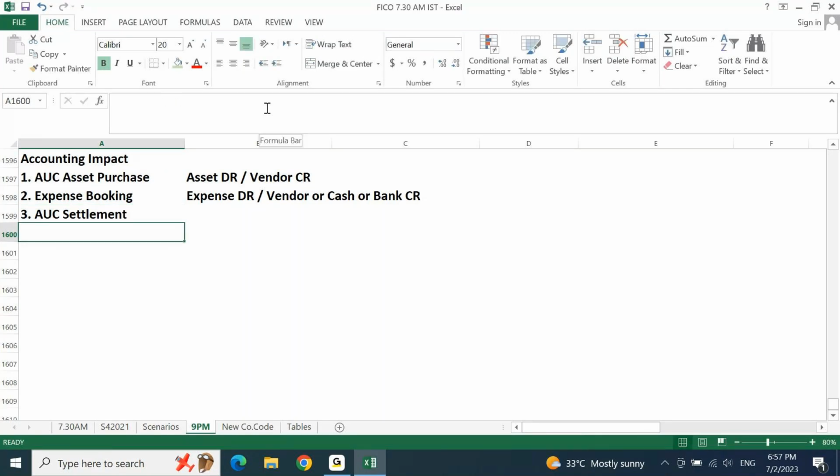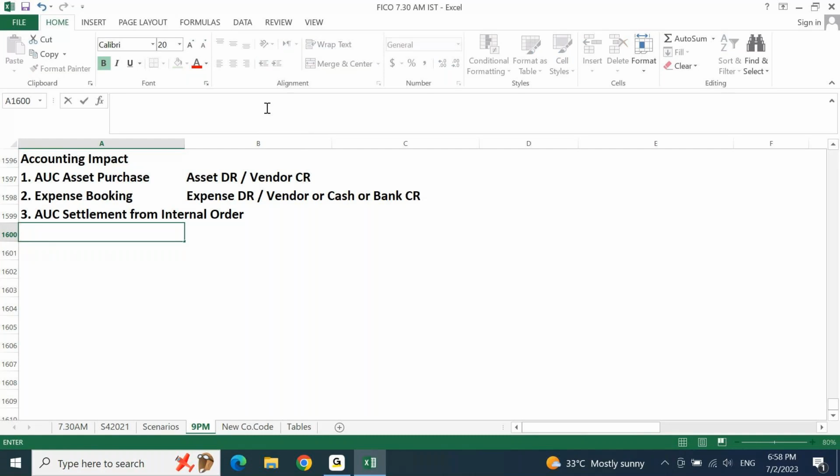When we are talking about AUC settlement, we are talking about settling the expense to the AUC asset. AUC settlement from internal order. We are talking about internal order scenario exclusively. You have to settle the AUC from internal order, which means